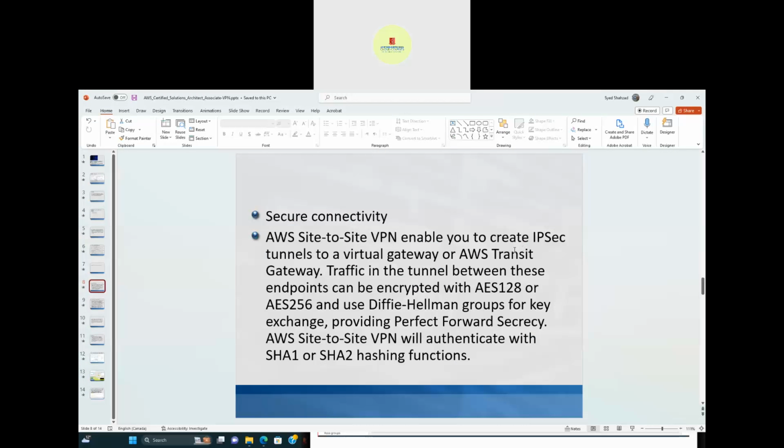AWS site-to-site VPN enables you to create IPsec tunnels to a virtual gateway or AWS transit gateway. Now, IPsec tunnels, IPsec obviously is a very powerful security protocol. And what happens? Okay,